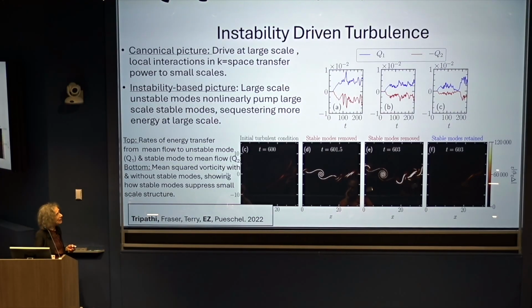What seems to happen in this case, not necessarily every case, is that there's a stable mode